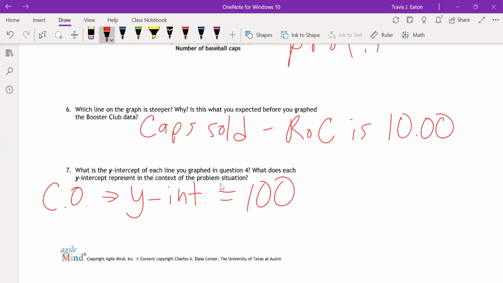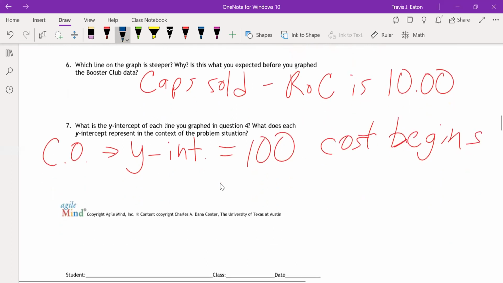And what does that mean? Well, in this case, that's the startup cost, right? That's where the cost begins at $100, because remember, that was their setup fee. And then the